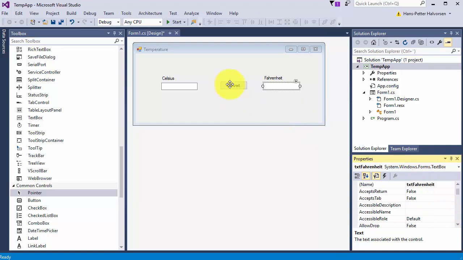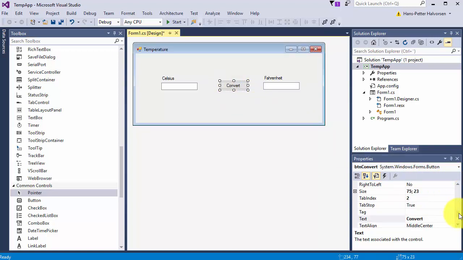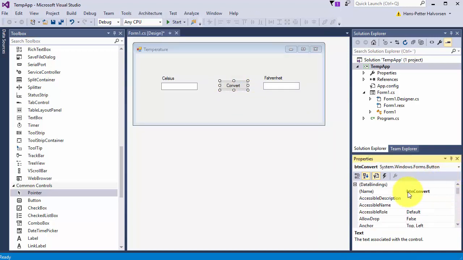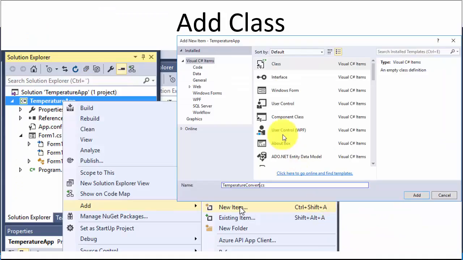Like this. And then we have this button, which I have called button convert, like this. Next, we need to add a class. So we need to add a new class where we create our